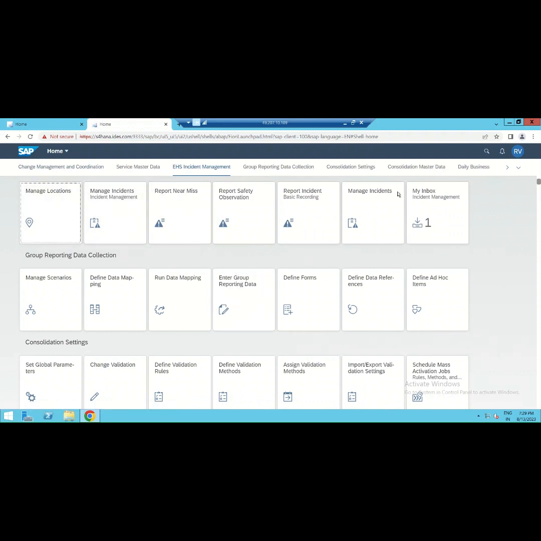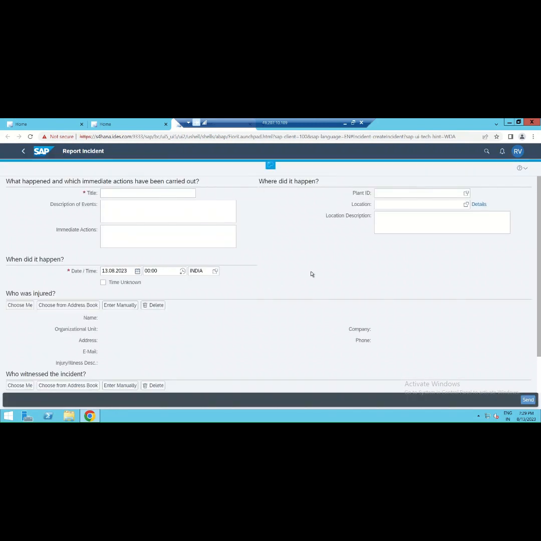Okay. Now, every time an incident is reported, you have different applications to work on it. So the person who has seen this incident happening can report it from their mobile phone or from their desktop. So this is the form that needs to be filled out to report this incident. Okay. So we'll start with this title. We are just going to write fire